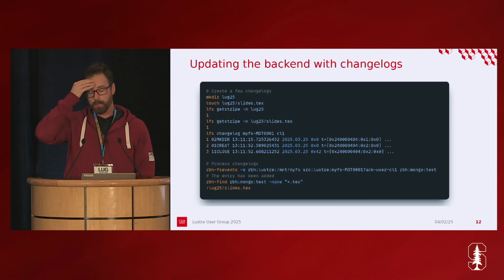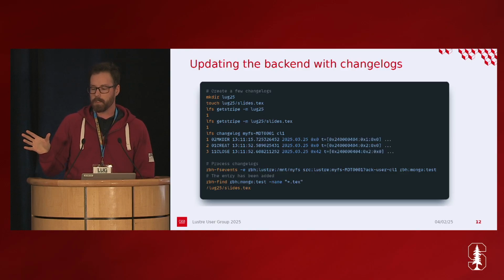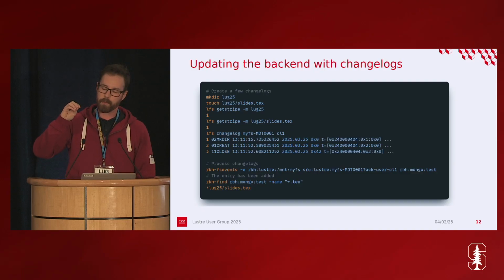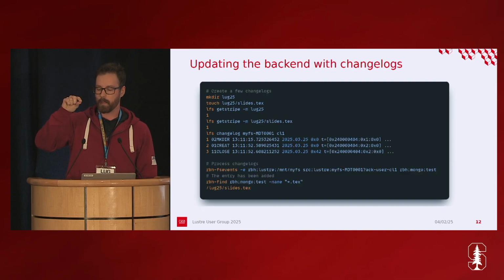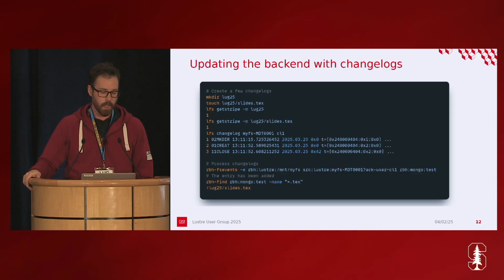So then we also support changelogs. The command is RBH FS events. The syntax is a bit weird, but essentially what this command does is that it will read the Lustre changelogs from a single MDT that you specify in the source, and it will use the file system mount points given as an argument to enrich the changelogs, so fetching the Lustre layout, for instance, if there's been a change on the file,